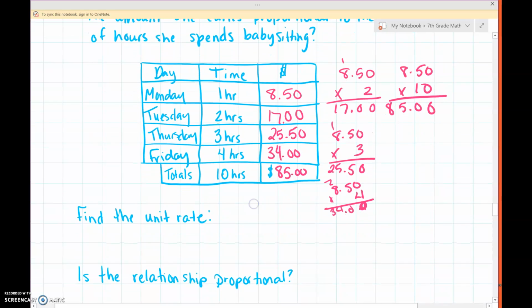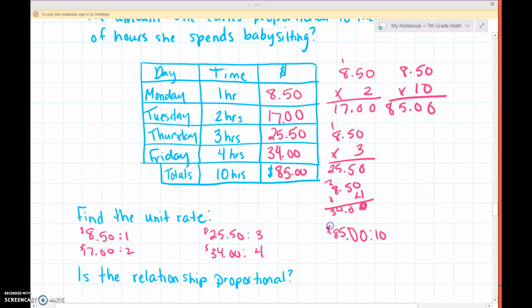So now it says find the unit rate. So let's write these out. It's going to be, let's put the money first. It's money, not time. $8.50 to 1 hour. And then it's $17 to 2 hours. And $25.50 to 3 hours. 34 to 4, and 85